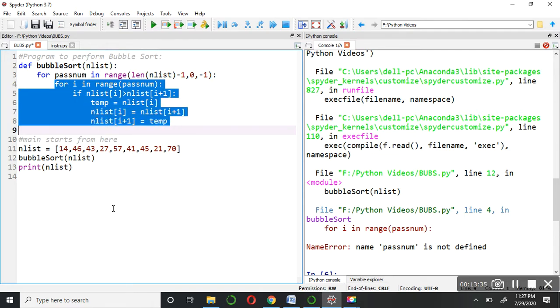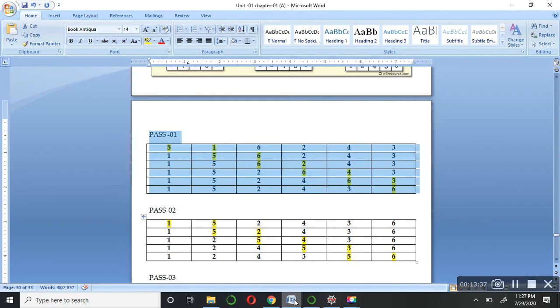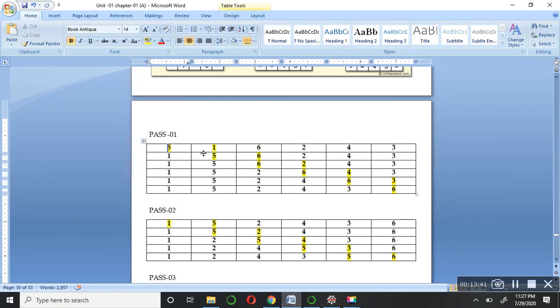It will work only for one pass. So this thing will happen. It means if we consider this example 5 1 6 2 4 3 and we apply only one loop, we'll get output like 1 5 2 4 3 and 6. Definitely this is not the desired output we are looking for. We want an actually sorted list here.